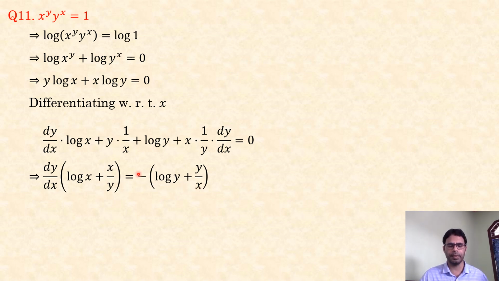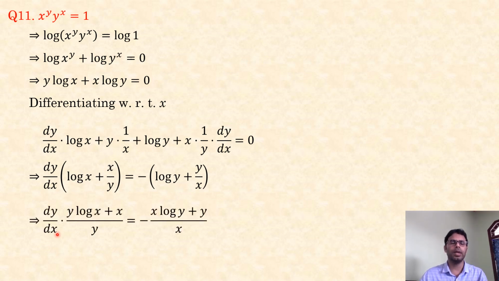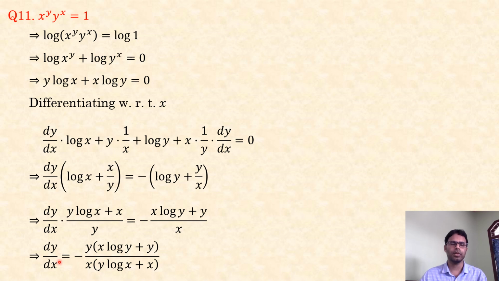As in the previous problem, take LCM here, take LCM here. So dy dx into this, the LCM is y, so it is y log x plus x, is equal to, this minus is remaining there, the LCM is x, so it is x log y plus this y, and then just take the cross product, y will go to the numerator and this term will come to the denominator. So dy dx is equal to this one, and this is the answer for the question. Okay, so the next one